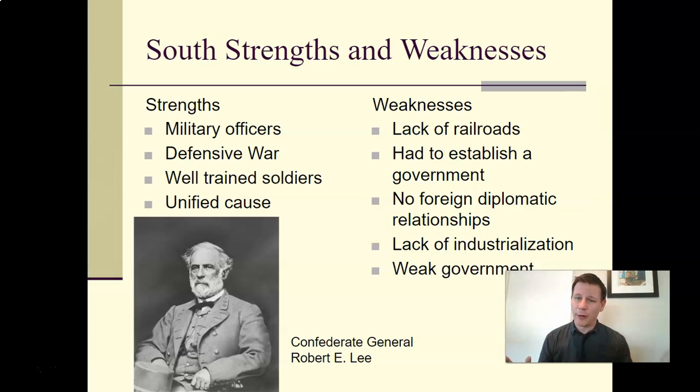Very little railroads. They had a little bit, but not nearly as much as the North. So it's hard for the South to move. The South is just slow because they have to walk everywhere, right? They're building their government on the fly, and their government isn't great, as we'll see. They have no real allies. They have no diplomatic relationships, very few factories, so they really can't make their own weapons or guns. A lot of the time the South will have to steal from the North.